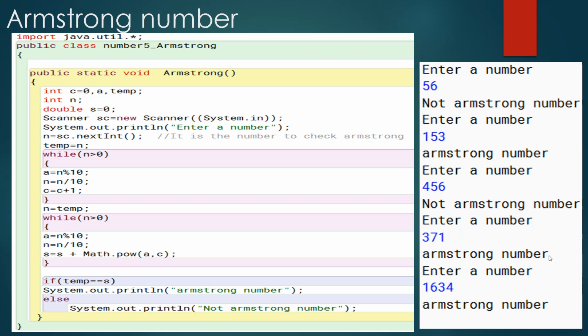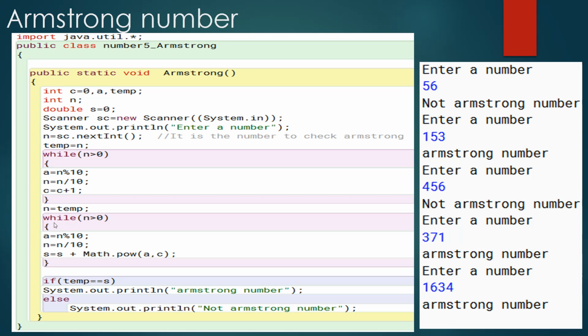So that is for sure that we have to count the number of digits. So the first while loop over here extracts the number of digits, and here children I have done temp is equal to n. This is to retain the original value of n, and again I am saying n is equal to temp. Why? I don't want to take another variable over here. Otherwise, in the end the original value of n is lost, and temp would be lost after this loop. So in order to avoid that, I have again stored the original value into n, which was 0 after this loop ended.